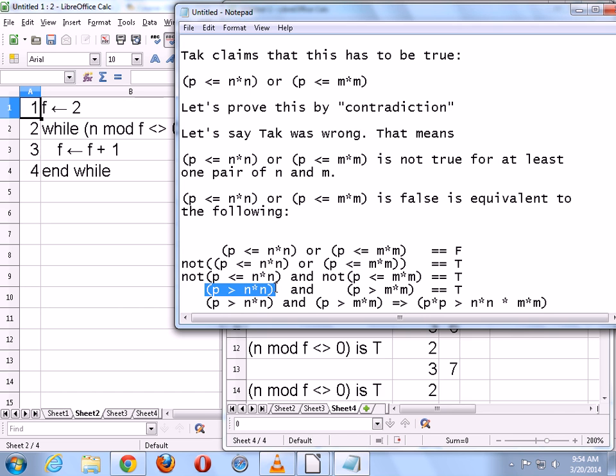So that's how we can do the conversion. And the last one is this part here. I take one P from here and put it here. I take the other P from here and put it here. I take the n times n from here and put it here. I take the m times m here and put it here. We know all of these terms are non-negative to begin with. If some of these can be negative, it doesn't work out, we cannot claim this. But since they're all non-negative, we can actually make this claim. Is that okay so far?